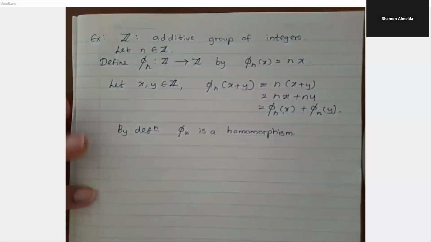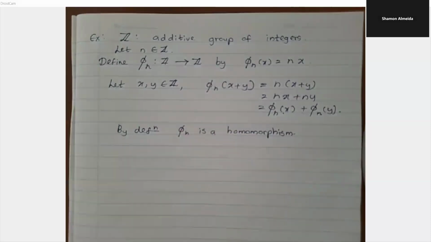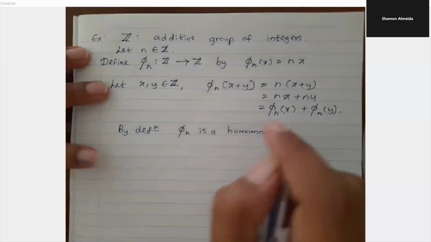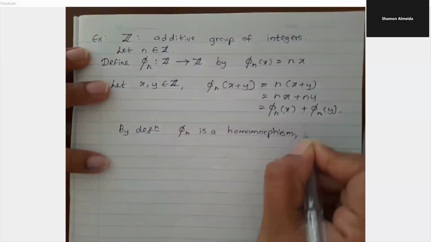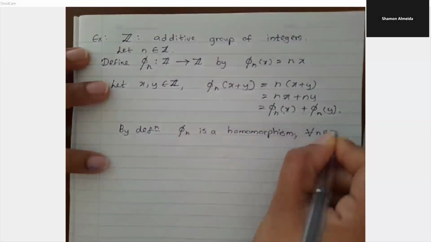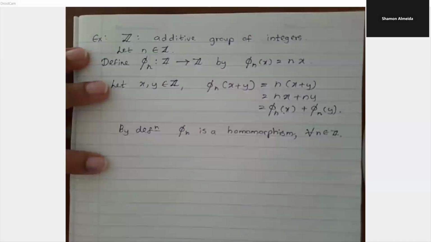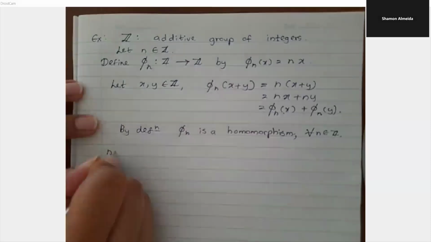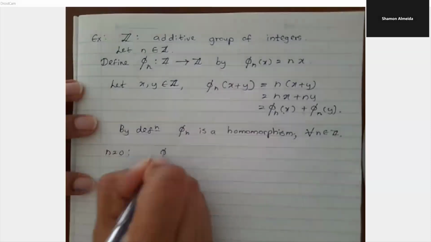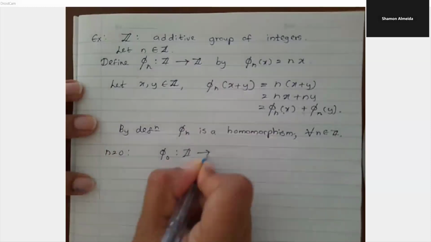It's a homomorphism, right? And it's a homomorphism for every n. This n is fixed. It's chosen arbitrarily. It's a homomorphism for any n that you take from Z. Now see what happens when you take n equals 0, then we have phi of 0 from Z to Z,